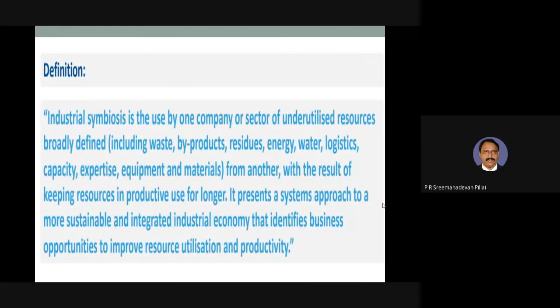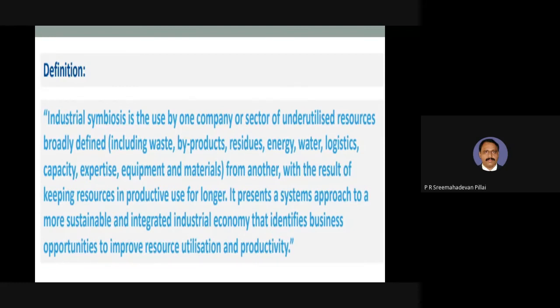So that is a statement which is written here. I think you would have read that statement. I'll just read it. That statement may be a bit confusing, but meaning is this. It's a systematic coexistence of industries. Industrial symbiosis is the use by one company or sector of underutilized resources broadly defined, including waste, byproducts, residues, energy,